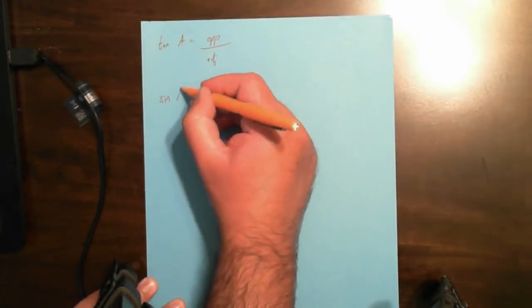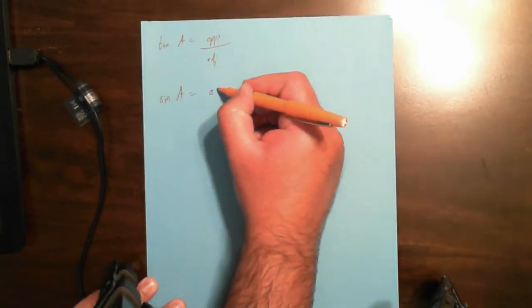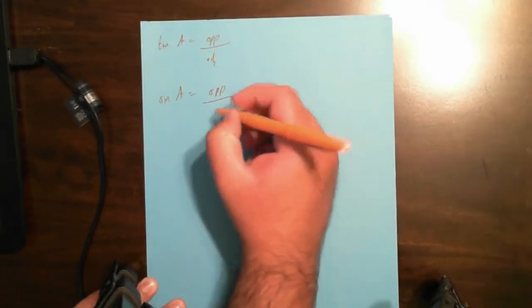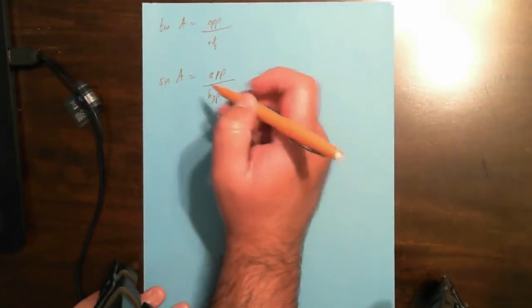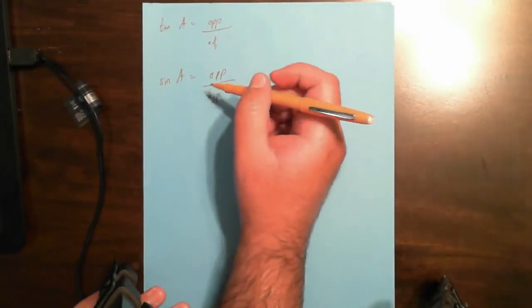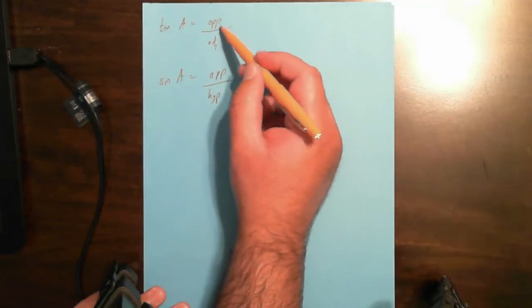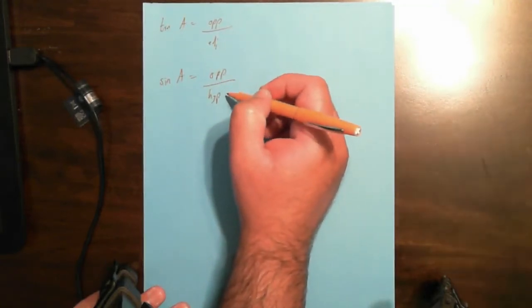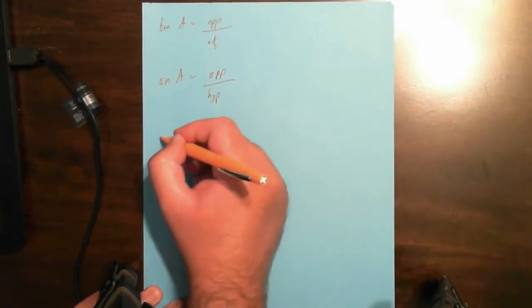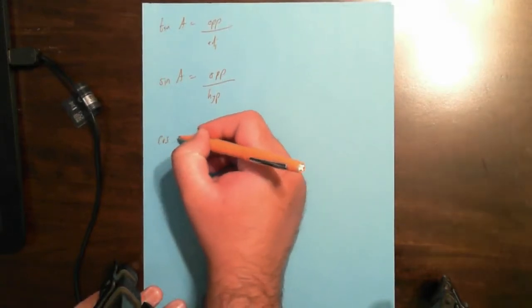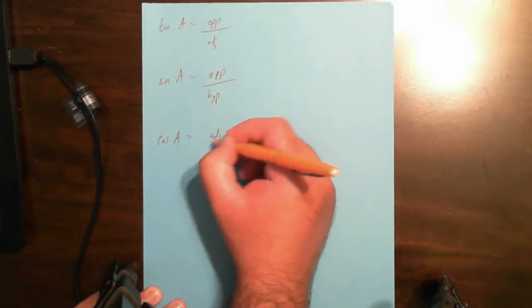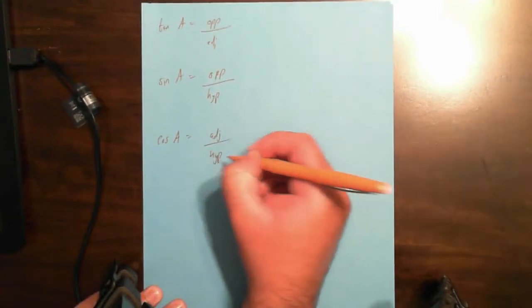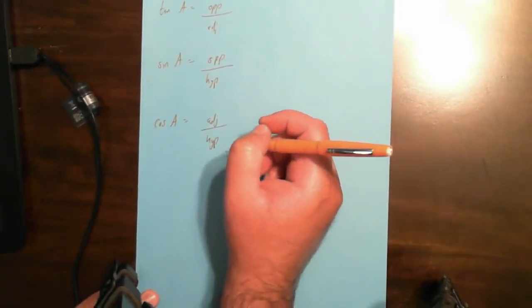Well, the other two ratios are called sine and cosine. Sine is abbreviated as SIN. It's the ratio between the opposite side and the hypotenuse instead of the adjacent. So it's still the same kind of idea, just instead of using these two sides, it uses the opposite and the hypotenuse. Likewise, cosine is abbreviated COS, and it uses the adjacent and the hypotenuse. Okay? So now,